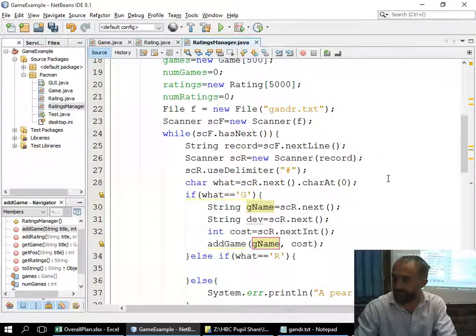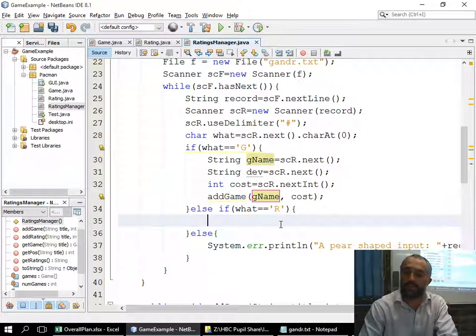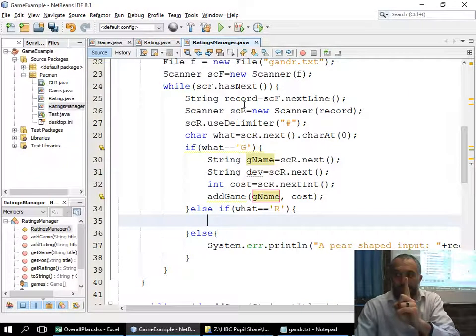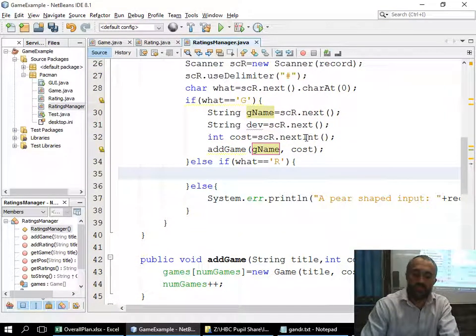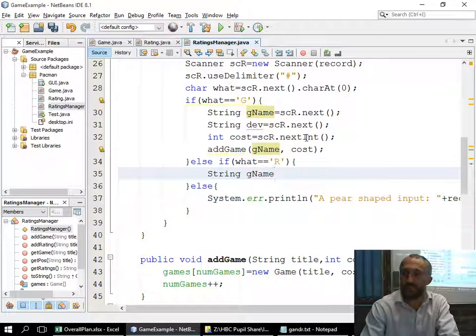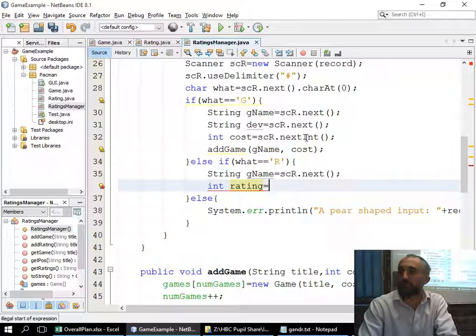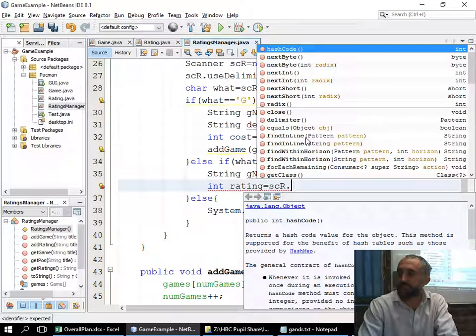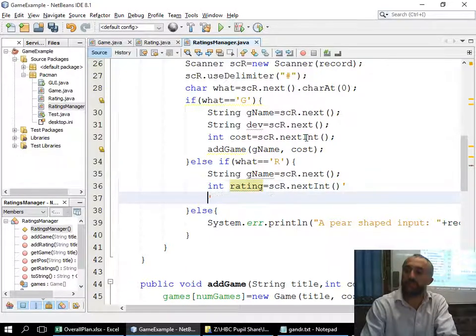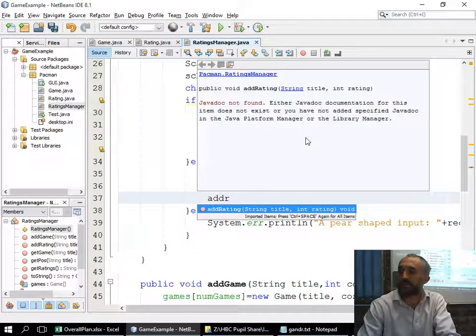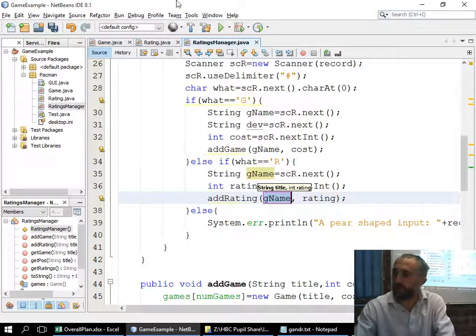Okay, now the next one is R as a rating. A rating requires only 2 things. A rating requires the game. Now this is a little bit more tricky, because the first thing I'm going to get is the gName, right? And the second thing I'm going to need is an integer for the rating, which is scr dot nextInt semicolon, which means I've retrieved everything I need, but it's not going to allow me to add this to the add rating. Why? Because add rating does require a string game name,